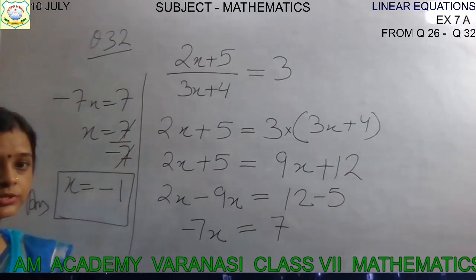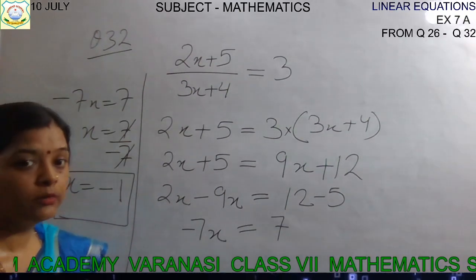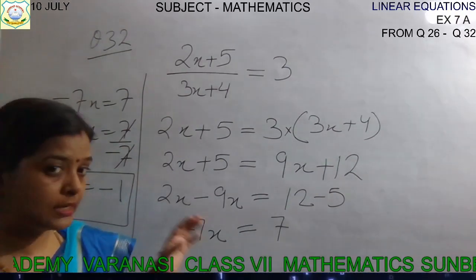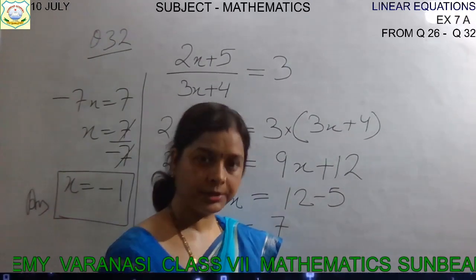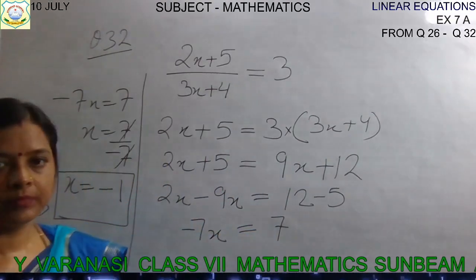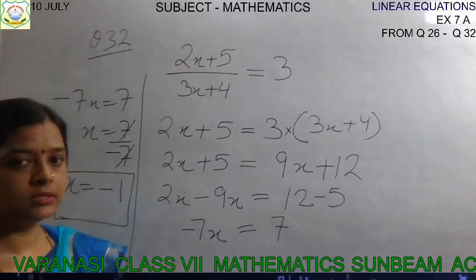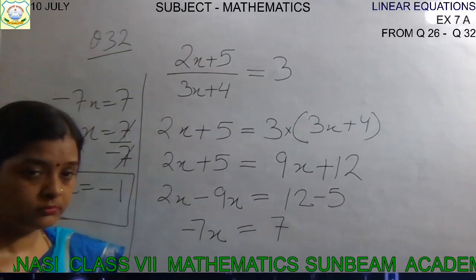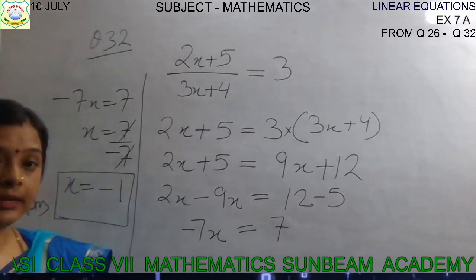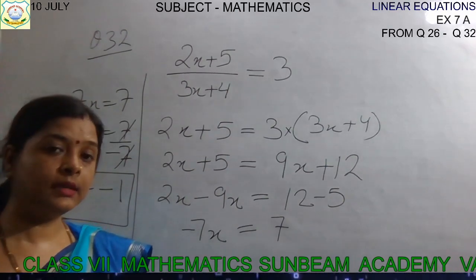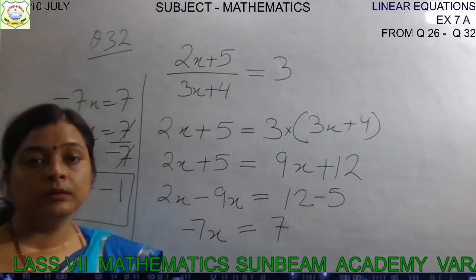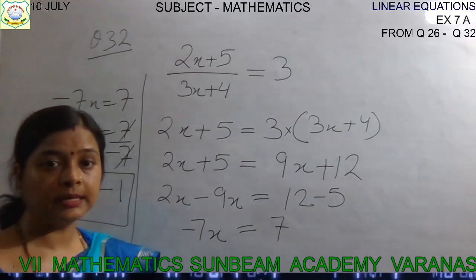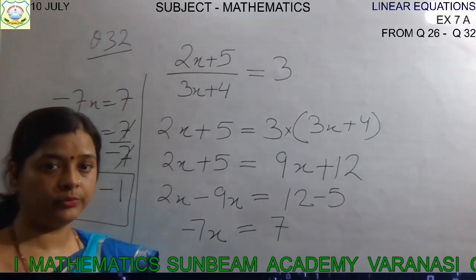This is our last question. In this way we have completed a few questions. All odd questions I have picked, as well as the last question, question number 32. Okay. I think you are looking at this question, and I think it is clear to you all. Isn't it? If not, try to solve it again, and then you can ask your questions if you feel that the question is not clear to you.